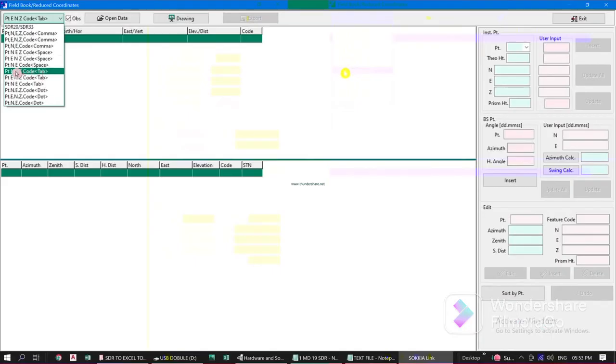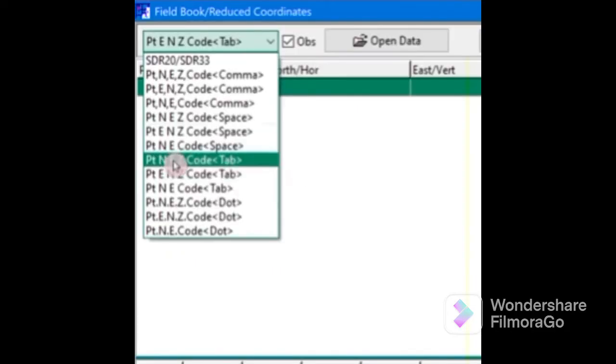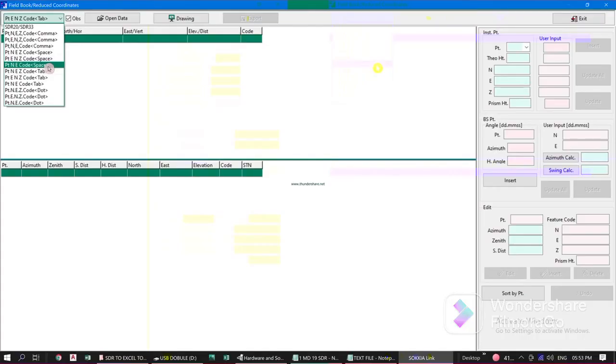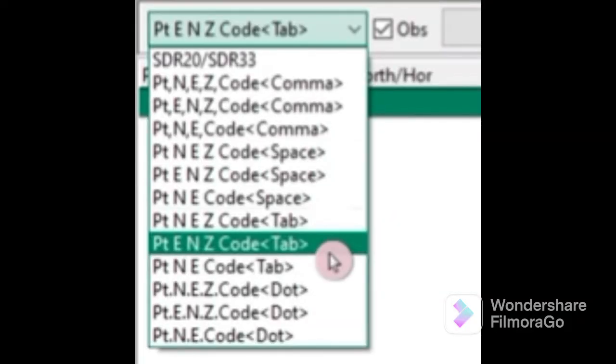Like you see, northing is first, easting is after here, and same with code and tab. Here you see northing first, but the space here is space delimited, like a space, somewhere a comma. Now I saved this text file as tab, and easting is first and northing after, then Z and code. So